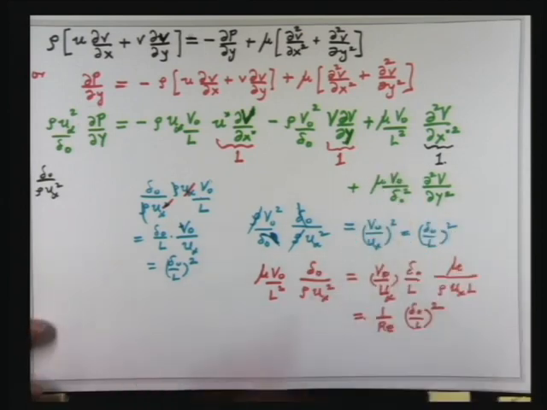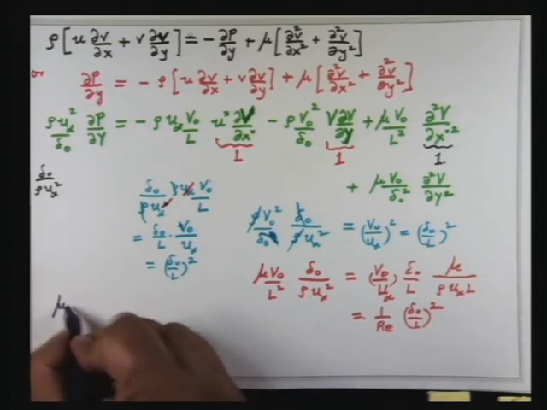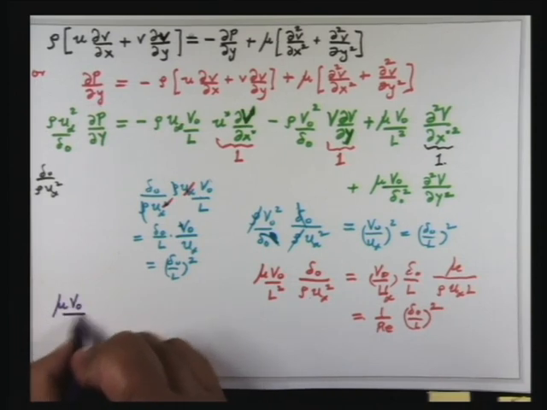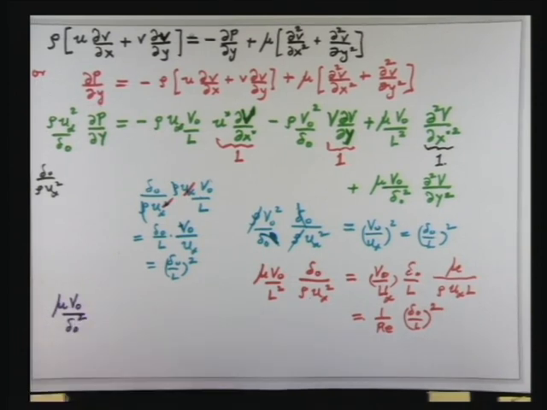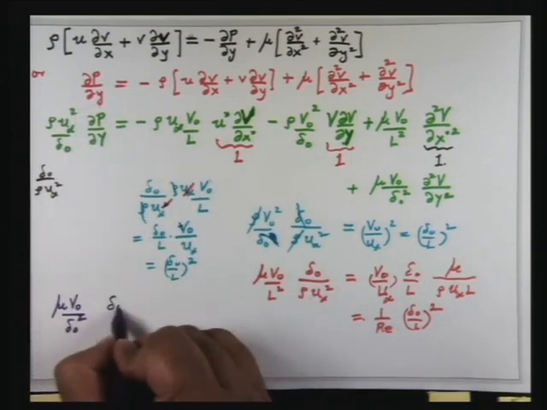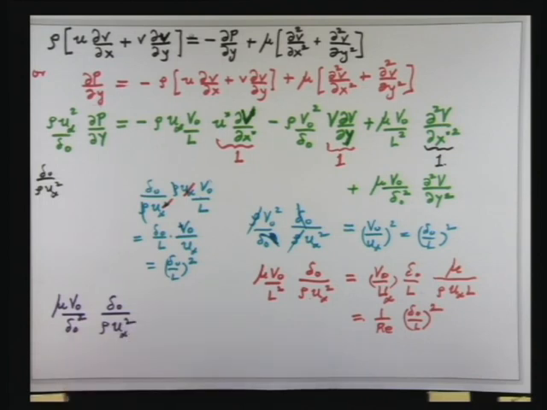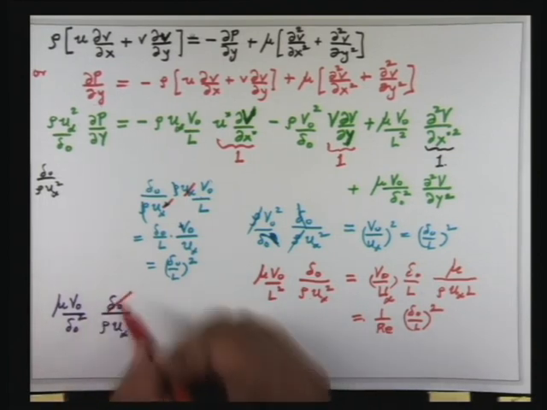And similarly, if you look at the last quantity, you are going to have mu V naught by delta naught squared multiplied by the reciprocal of this quantity here, which is delta naught by rho U infinity squared. Now here this delta naught in the numerator will cancel with one of these,